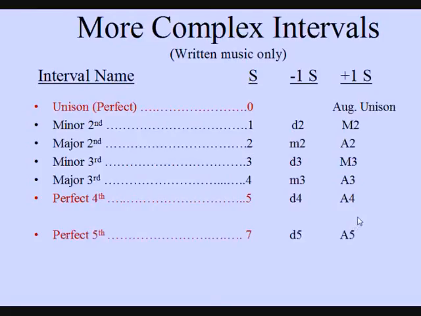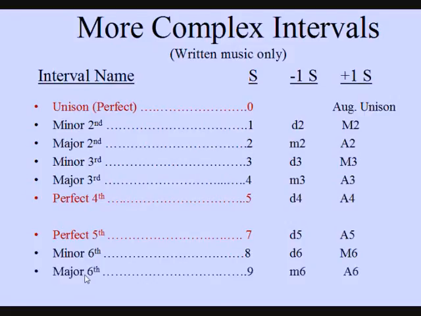Then we have the perfect 5th, in which is also the same case, diminished or augmented, and so on with the 6th. That is because it's a minor, and by losing one semitone becomes diminished, by adding one semitone becomes major, a major 6th,